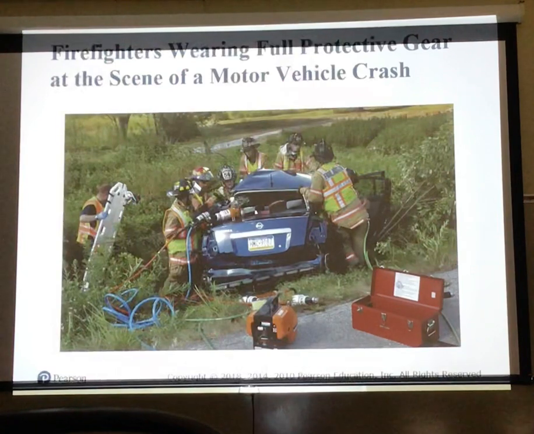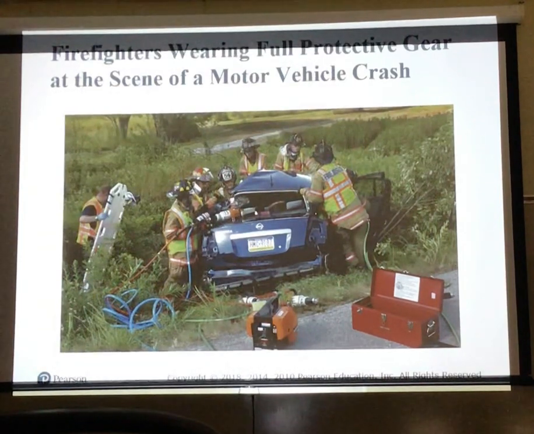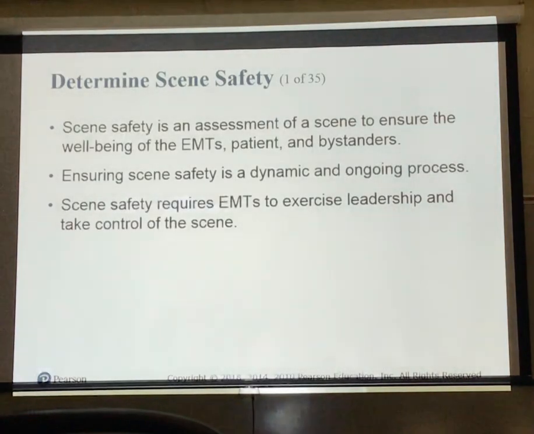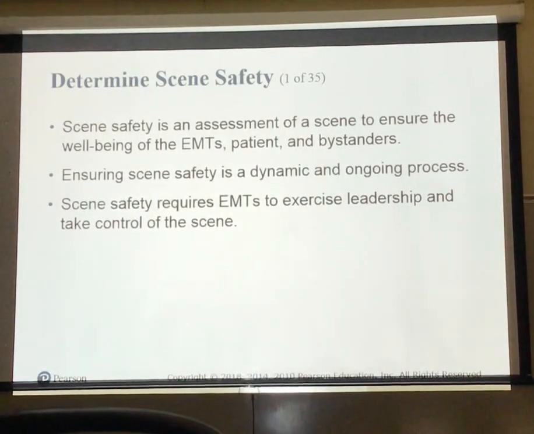Usually when they get in, they wear the turnout gear, helmet, heavy gloves, eye protection. Your PPE should be at the same level of other rescuers on scene. A lot of times, they'll have an extra turnout jacket in there, you can cover your patient with it, or you can put it on and cover your patient. Or you can use a blanket to cover your patient, just so something keeps the metal and glass from getting to them.